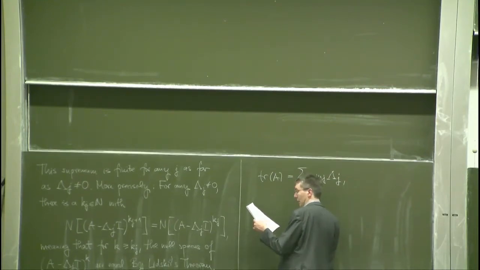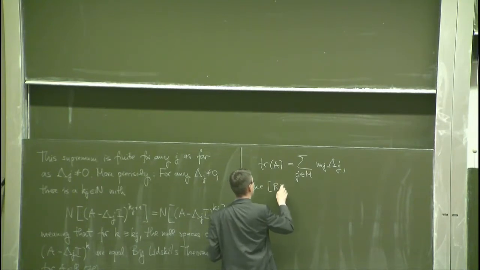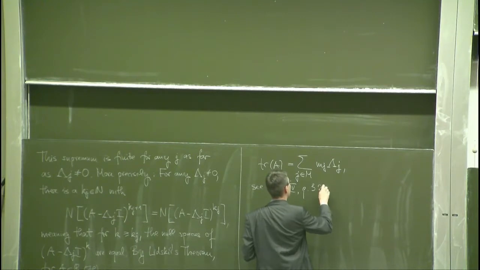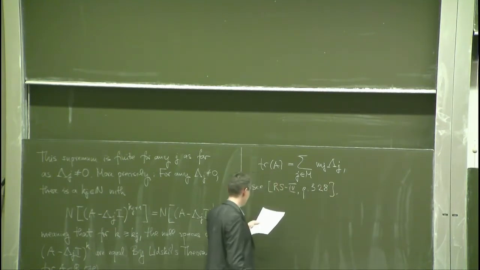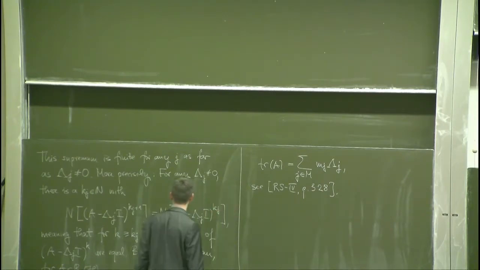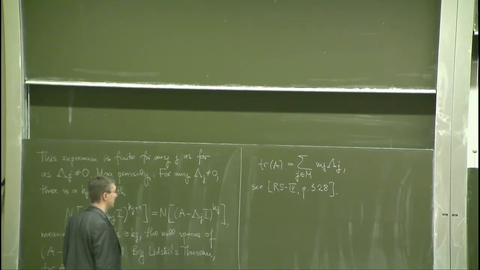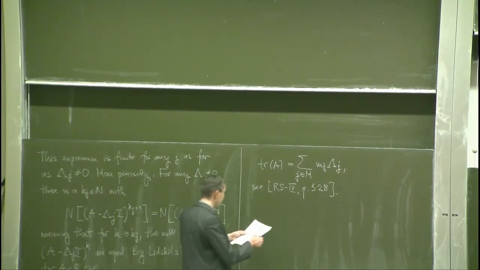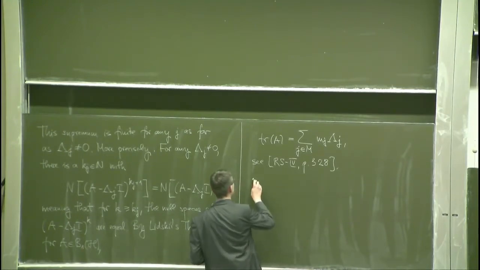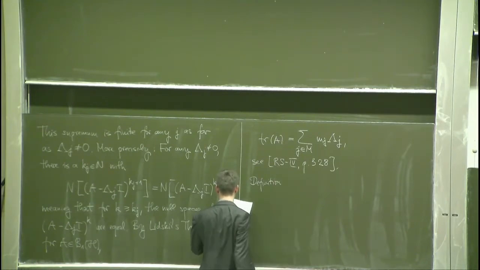And you can look it up in Reed-Simon volume 4, where it is on page 328. But we will not apply this Lidskii theorem henceforth. It's only to show what is possible with this formalism that we have now. What we will actually need is the following definition. It is definition 4.10